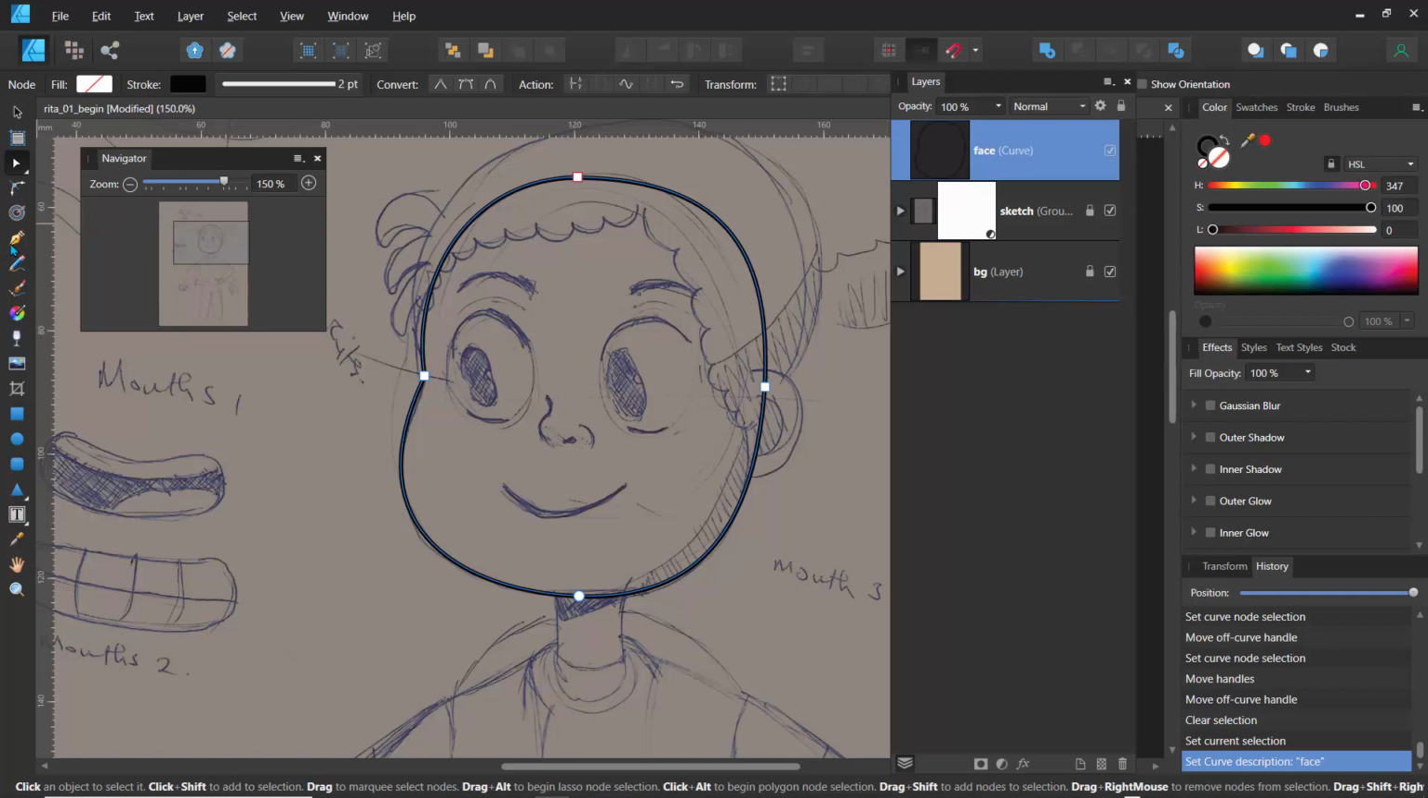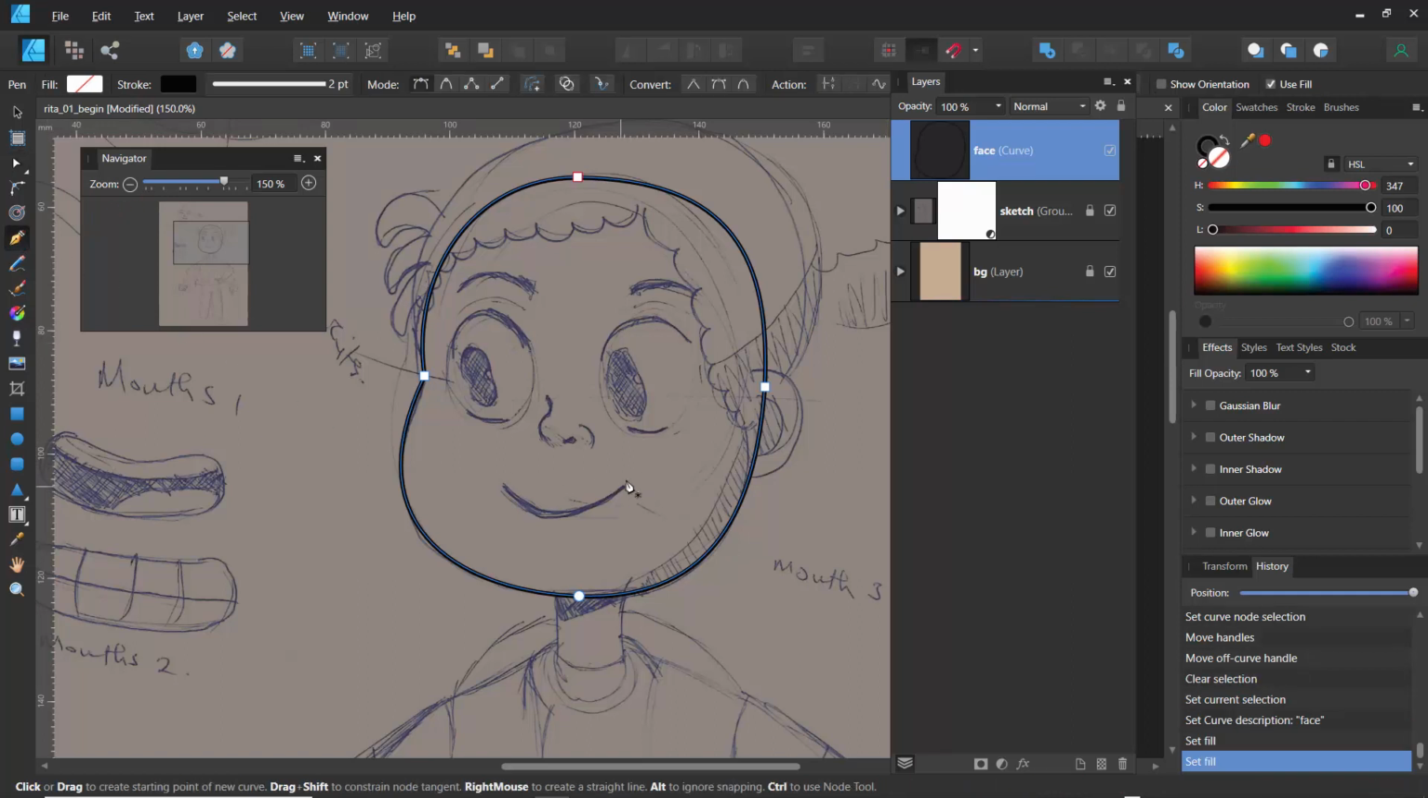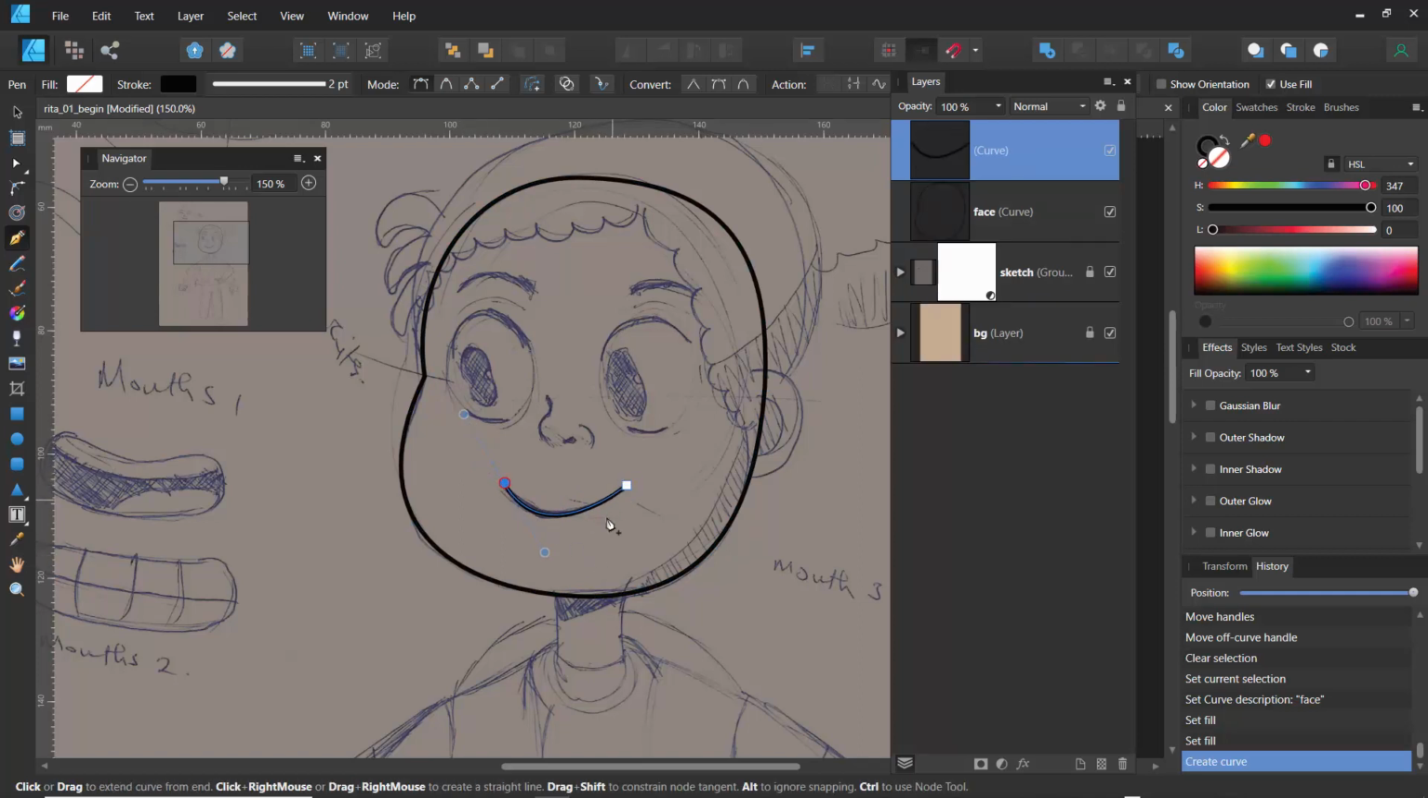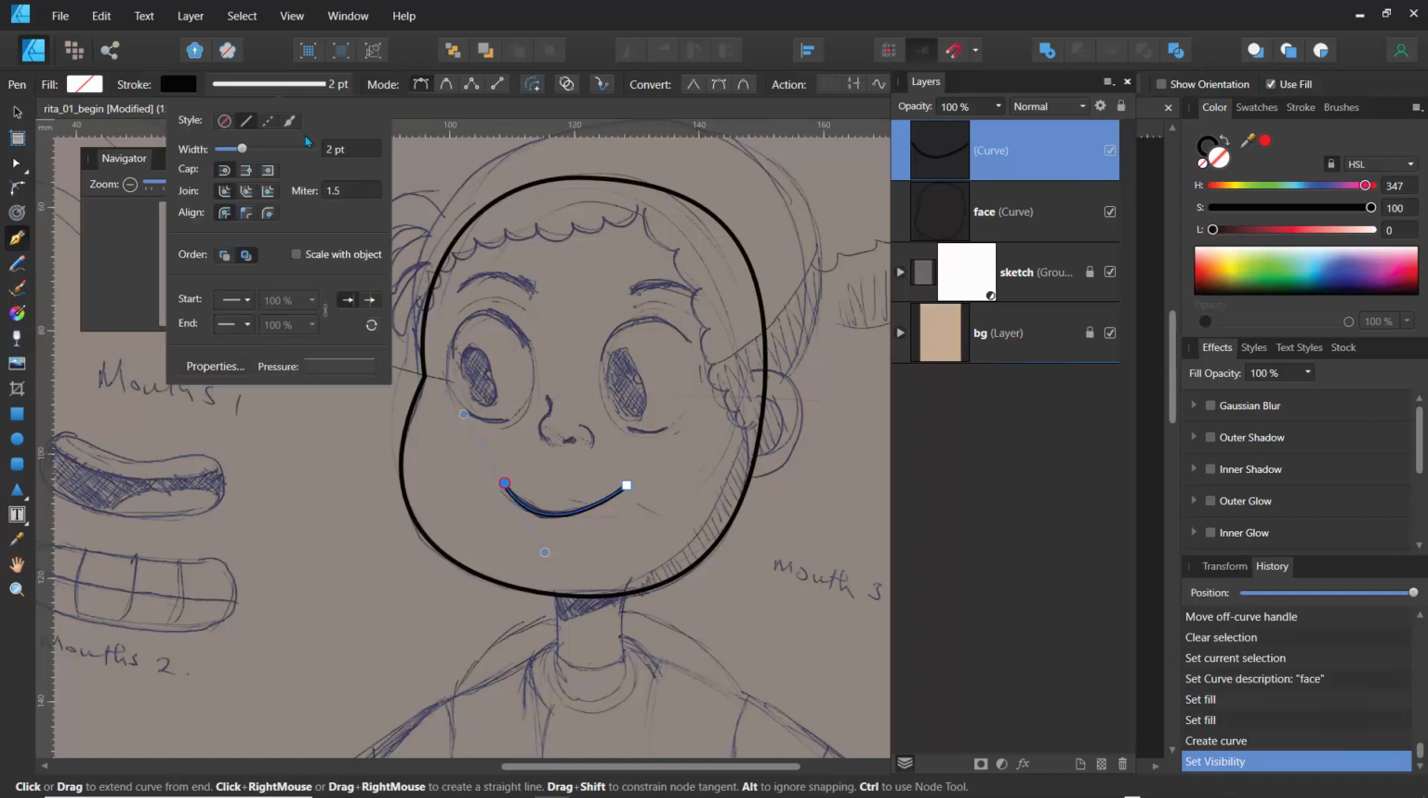To do that, I'll just use the pen tool. I'll click this first point, and I want it to end here, so I'll just click the last point and just drag that. You can see how nice that is to create that mouth. Now the mouth might actually have a slight little tapering, so what I'll do is to go over here, and